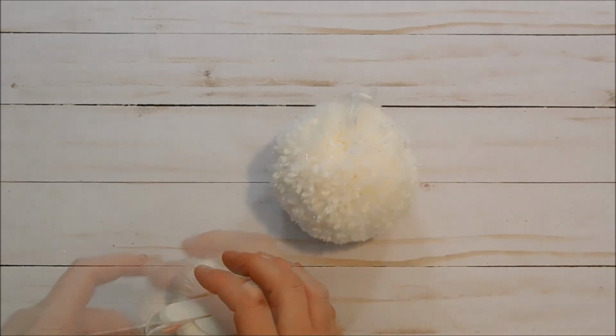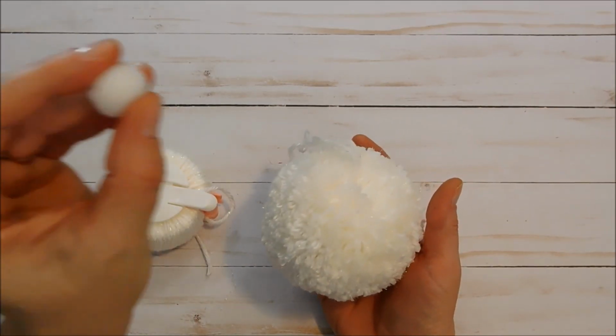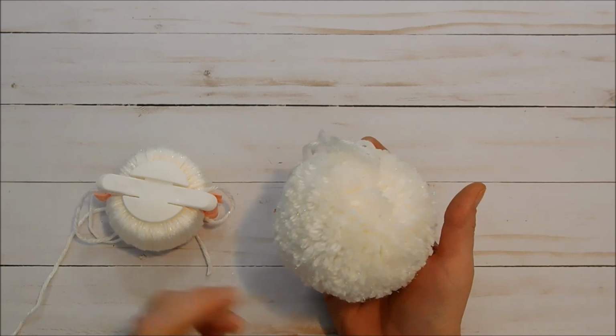I came up with this idea based on my little teeny tiny Pom Pom Snowman that I made with these little pom-poms from the craft section to go inside of my shaker ornaments,